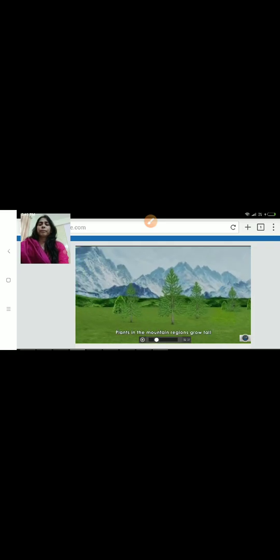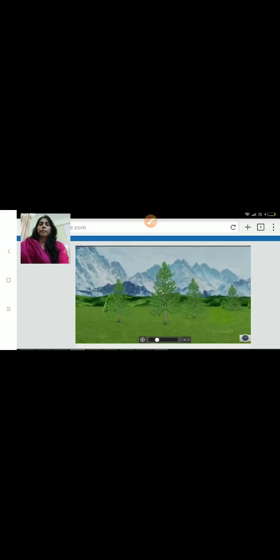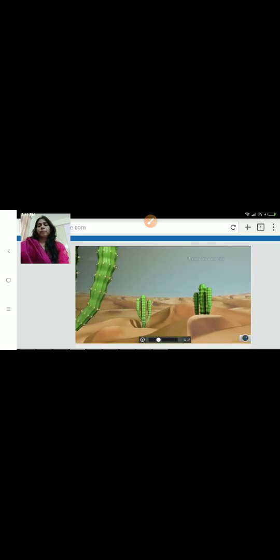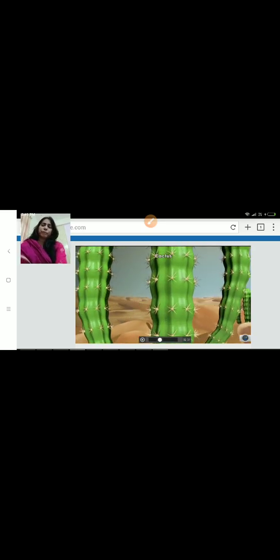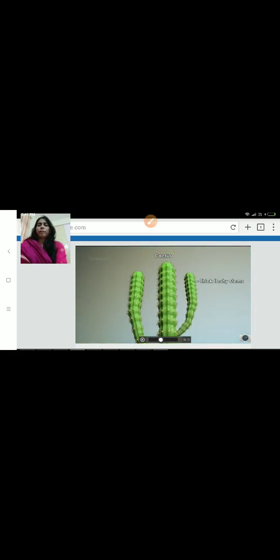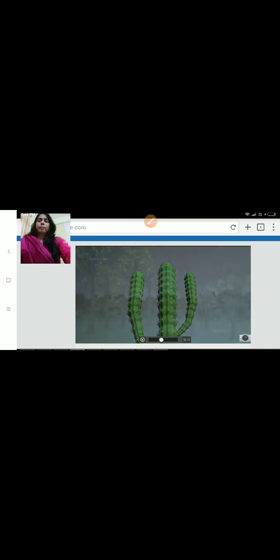Plants in the mountain regions grow tall and have a cone-like shape. Trees such as pine and fir have needle-like leaves to survive in cold climates. Plants in deserts where water is scarce do not have leaves. In plants such as cactus, the leaves are modified into thorns to prevent loss of water. They have thick, fleshy stems for storing water. In the regions of heavy rains, evergreen plants such as teak and rubber grow well. Coconut trees can grow well near sea coast.